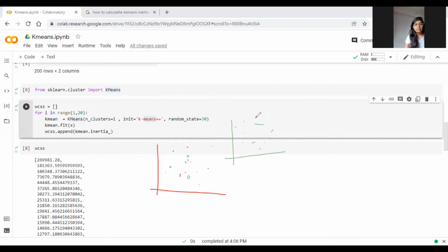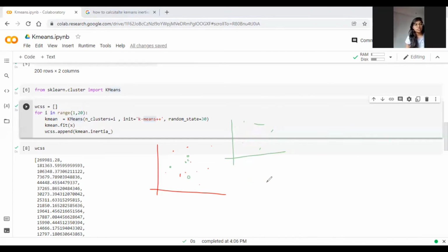K-means plus plus tells us that the distance between these points should be such that the summation of A plus B should always be greater than C. This way, it will make sure that there is enough distance between the initialized K points, and it will end up giving us good, correct clusters.